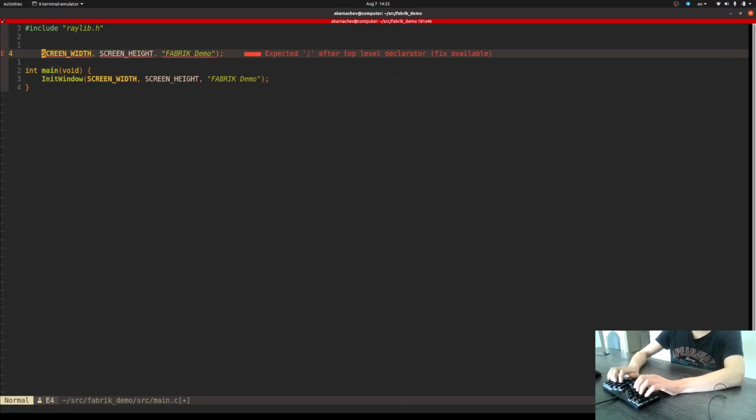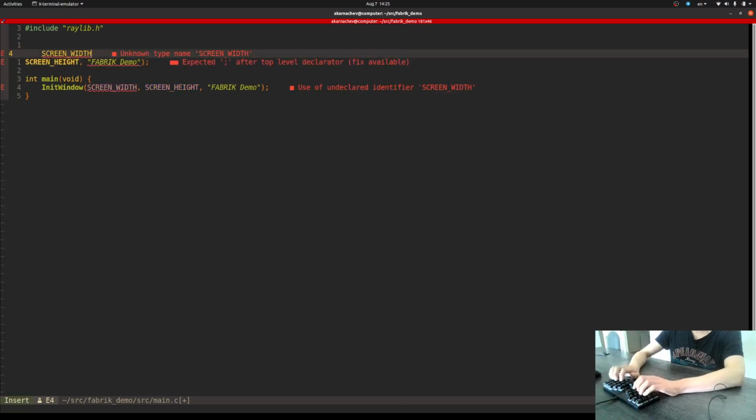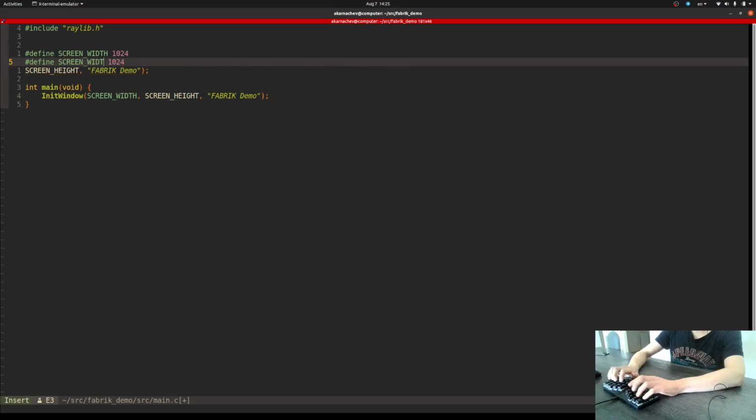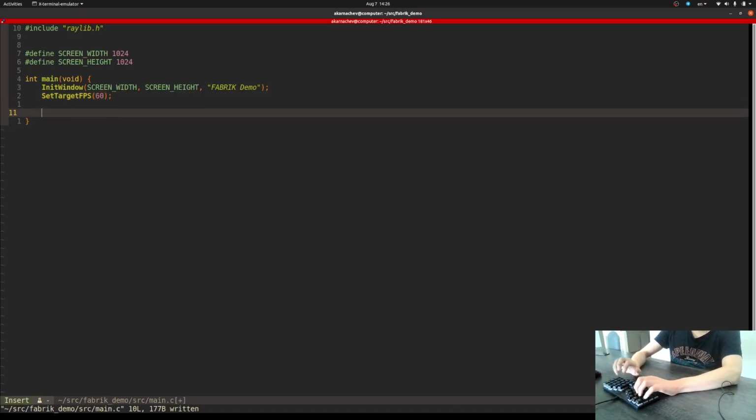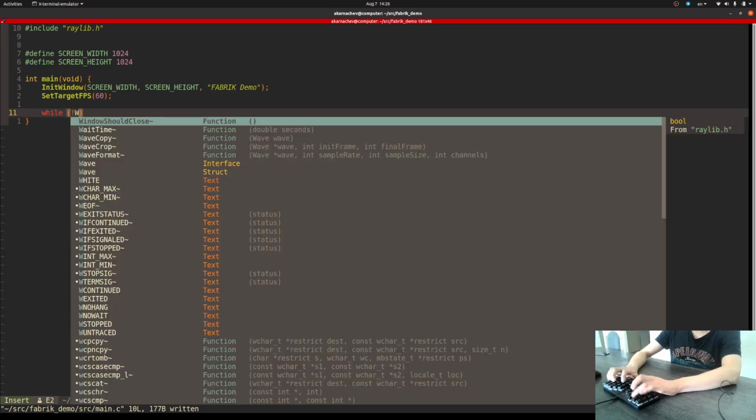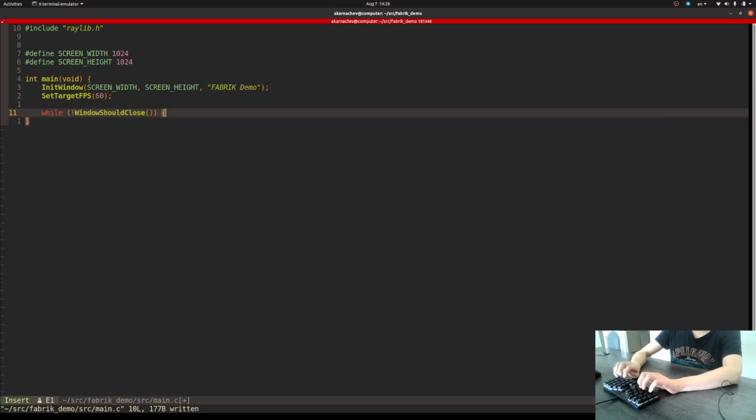Now screen width, let's define it 1024, and screen height 1024. Okay, let's set the FPS limit, set target FPS 60 for example, and the main loop: while window should not close,